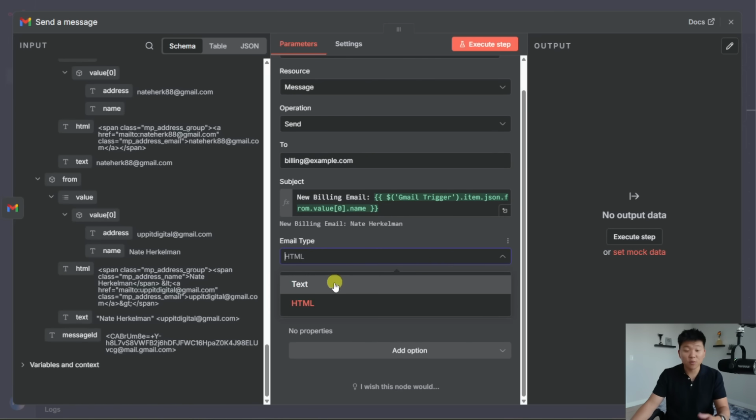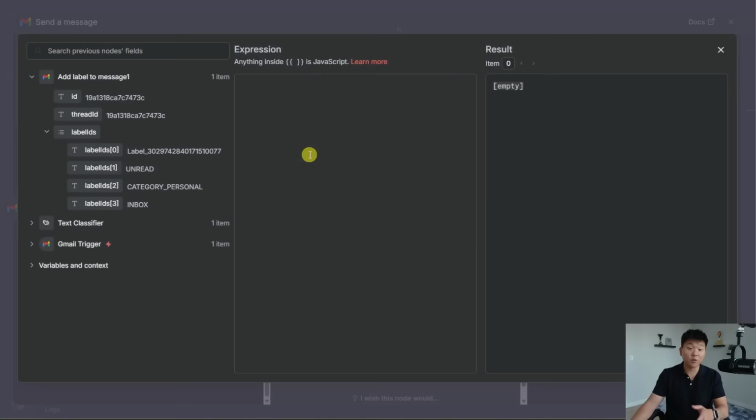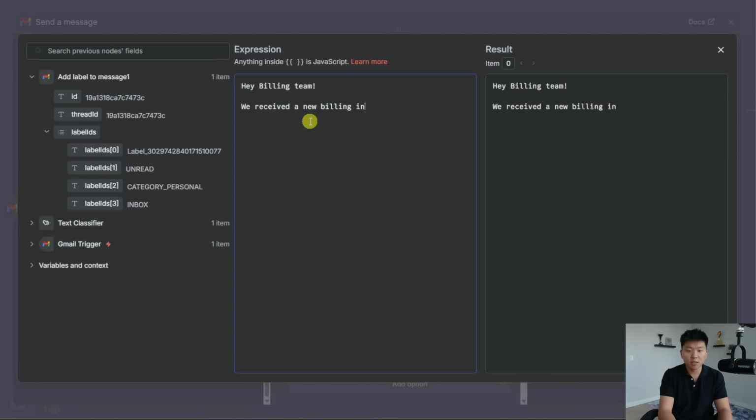And then the email type, I'm going to once again change this to text. And then for the message, we're going to make this an expression and open this up full screen. And I'll show you guys what I want to put here as like a sample message. So I could start this off by just saying like, hey, billing team, exclamation mark. And I could say, we received a new billing inquiry at, and I just want to put the time real